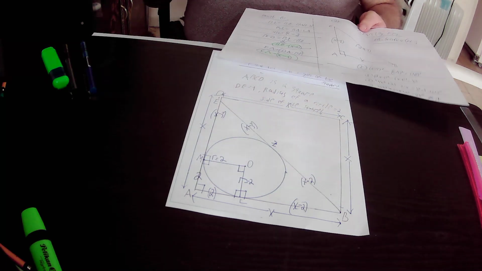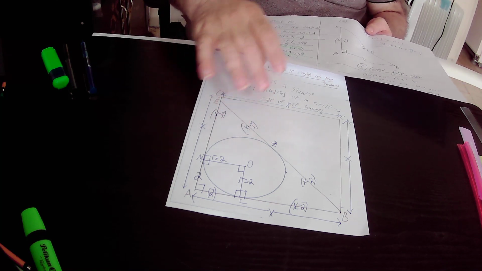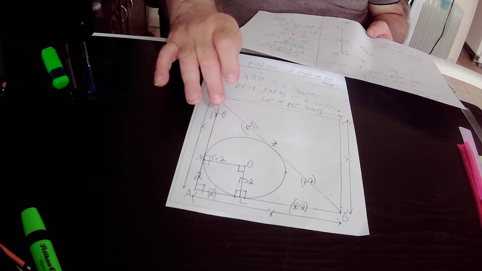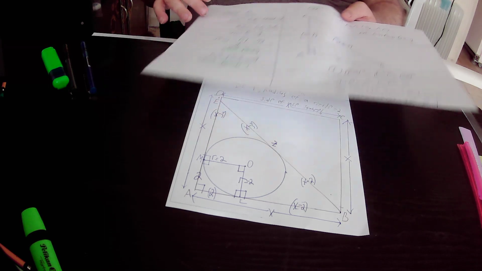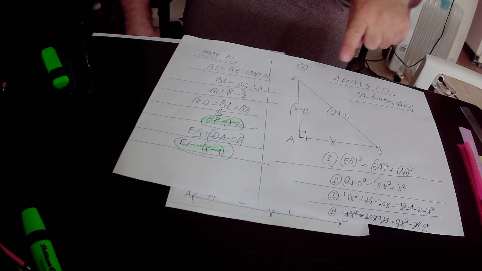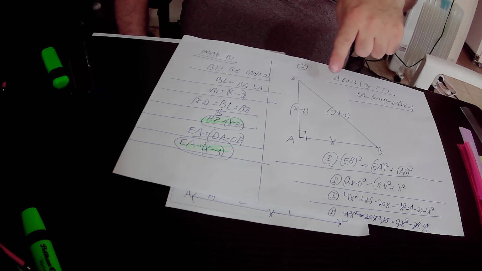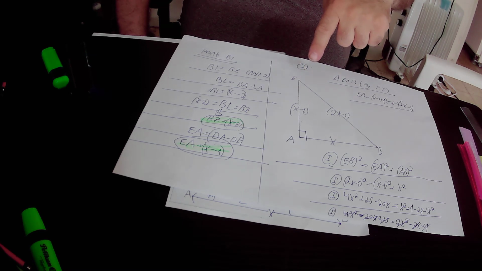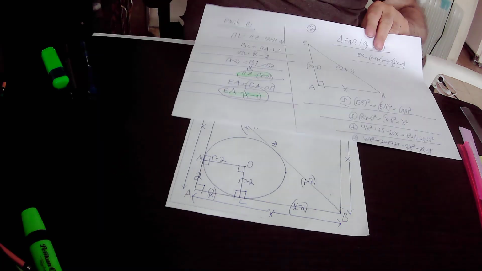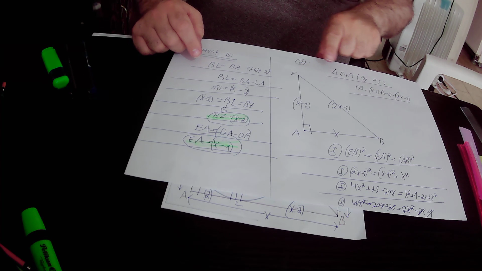Okay? Then I copied the right triangle EAB in a new page, this page, and implemented the Pythagoras theorem on this triangle, triangle EAB. This is the right triangle EAB, a copy from the original drawing. EA equals x minus 1. We just found out that EA equals x minus 1. AB equals x according to our definition. And the hypotenuse